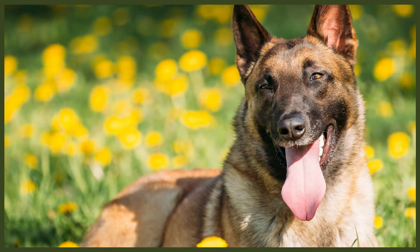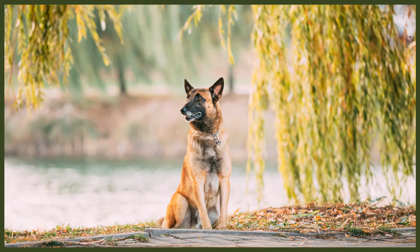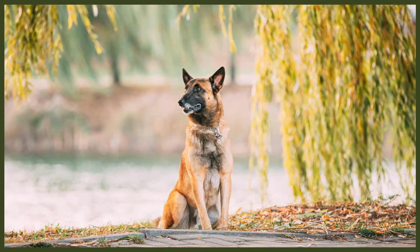It's not just physical exercise they need, but also mental stimulation, so try and incorporate this as part of a variety of games and exercises like runs, walks, hikes, fetch, games of hide and seek, puzzle games and snuffle mats. Without mental and physical exercise, Malinois can become destructive and show behaviours like barking, chewing, anxious pacing, going to the toilet in the house and general destructive behaviour. So be sure you can dedicate plenty of time to exercise when choosing a Malinois, because a tired dog's a